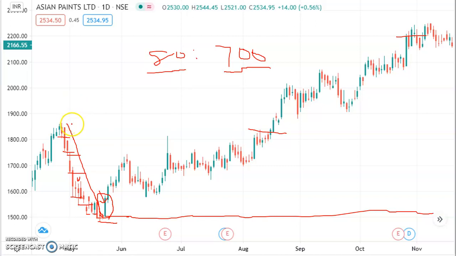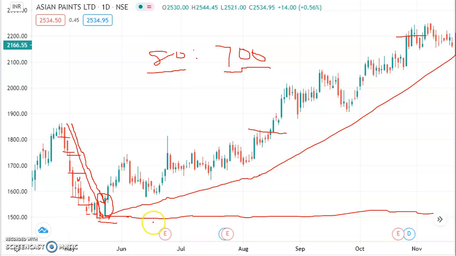And see, this pattern formed within a month. Okay, and when it took a reversal, see the length of the period as well. Even though the higher highs were formed in a short span of time, the reversal, the uptrend, was there for a long period. That's one more advantage of this strategy.